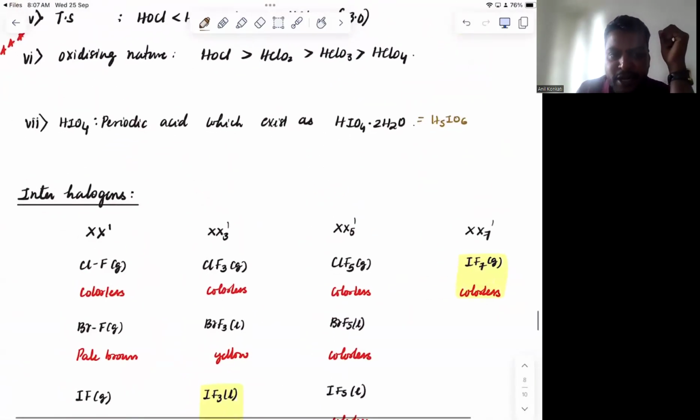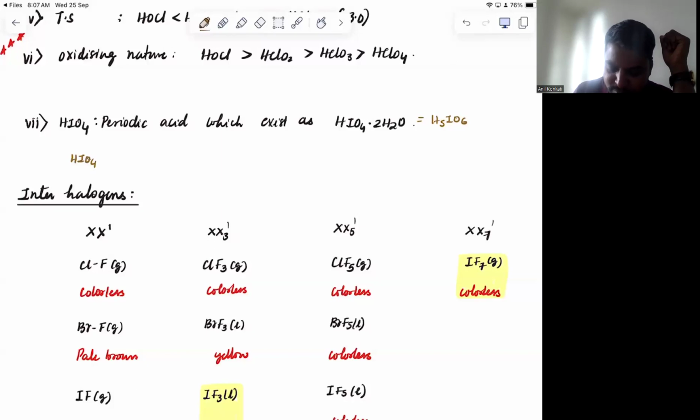As a reaction, if at all I have to give, this is the reaction that will take place. If I take this H5IO6 and heat around 100 degrees, water molecules will go away and that will become HIO4 first. And this HIO4 on heating will give us